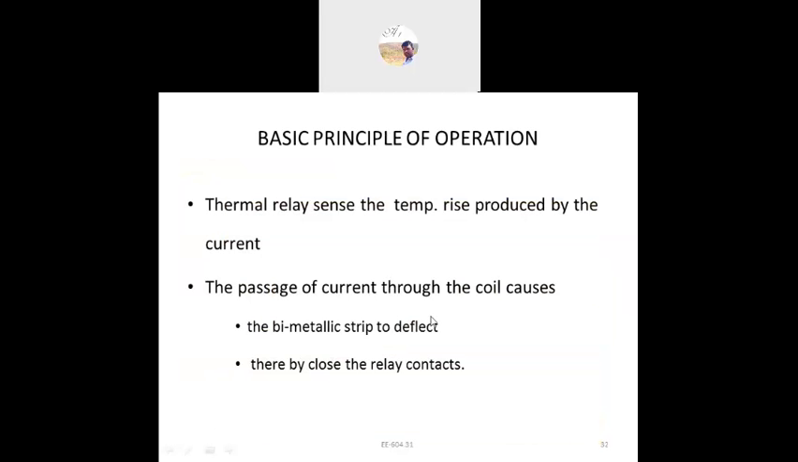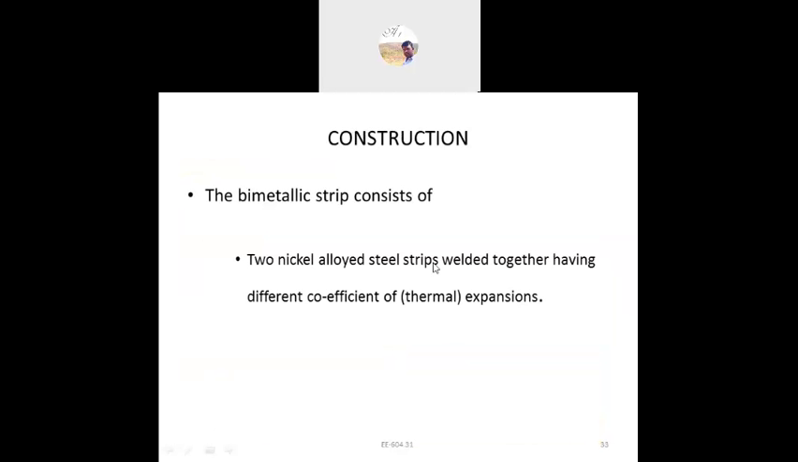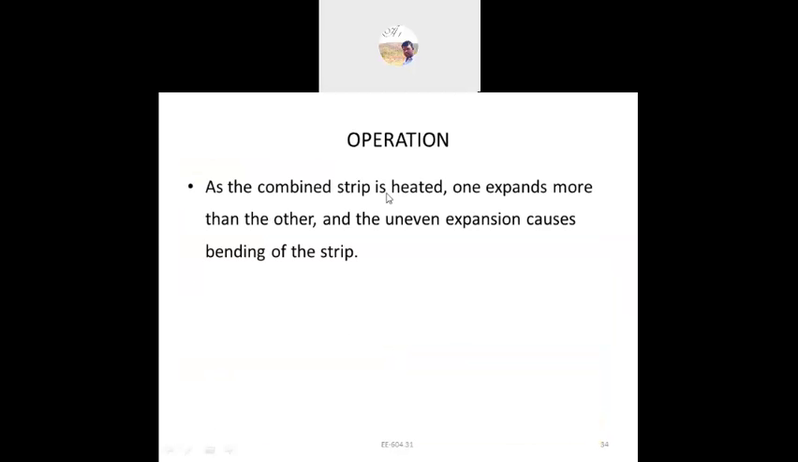So we are discussing the principle of operation of the thermal relay and how it is constructed. The bimetallic strip consists of two nickel alloyed steel strips welded together. And here is the operation: the combined strip is heated, and one expands